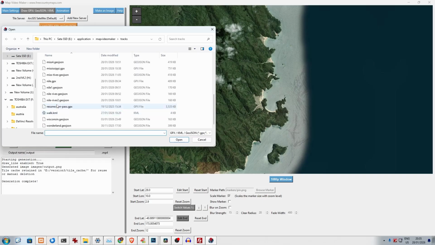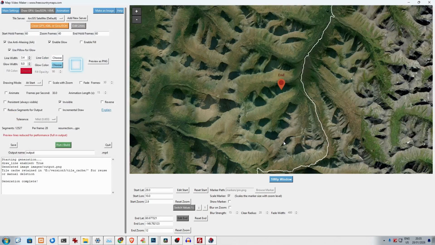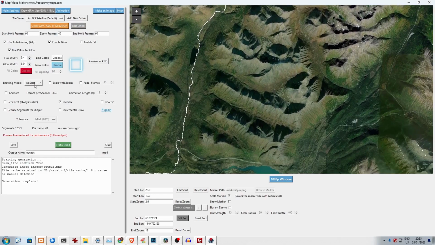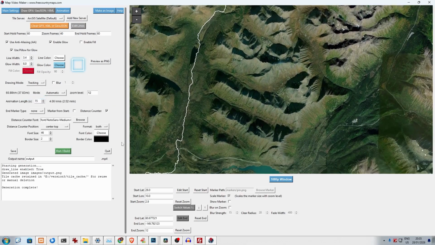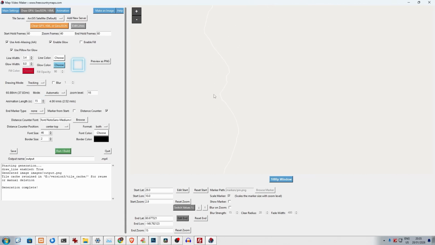So this is the one I did at the start. This track that I followed at the start. So here it is. Here you just set that. Use the end zoom as the zoom level. So you just find out what zoom level you want to use and just click somewhere, or you can just manually enter in the zoom level there, and then